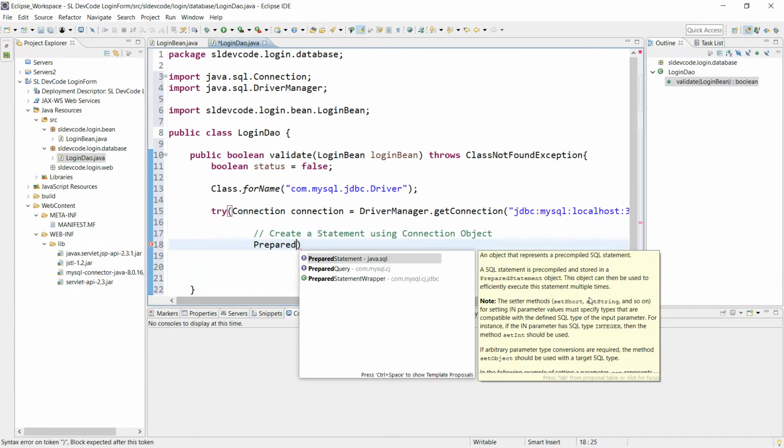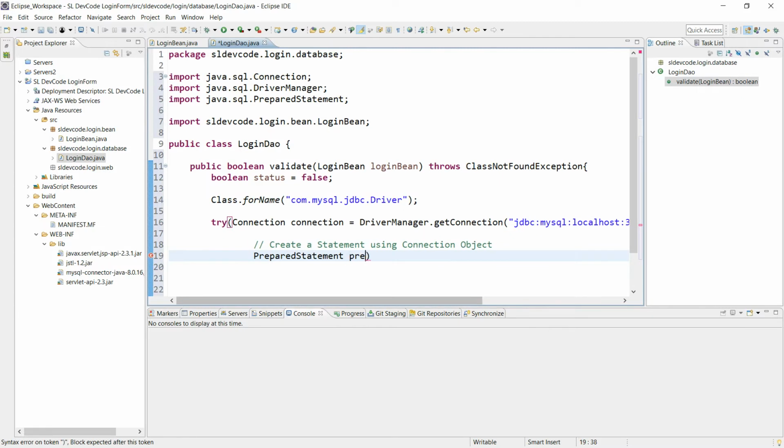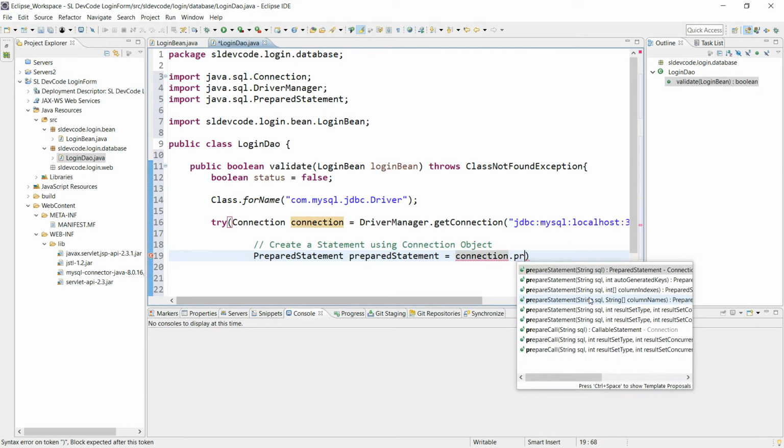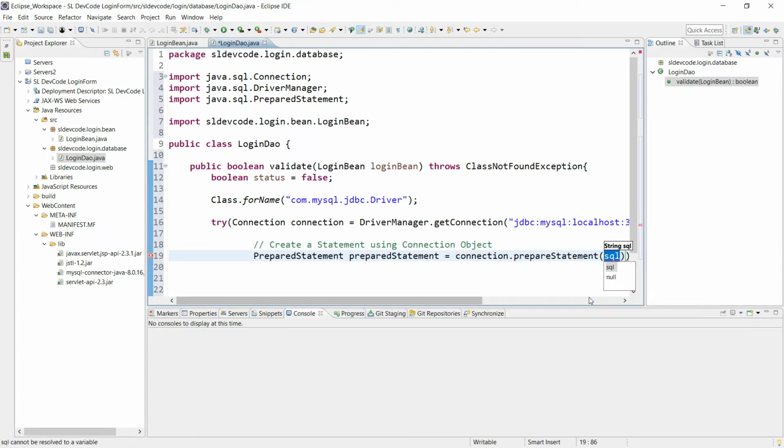Here we have to create a prepared statement.